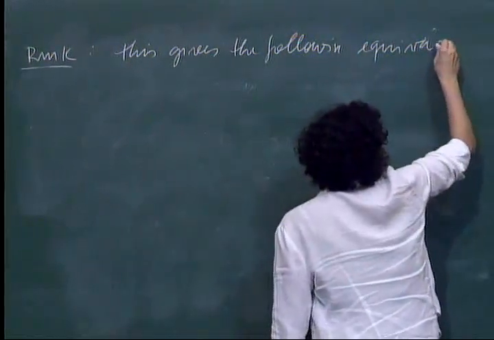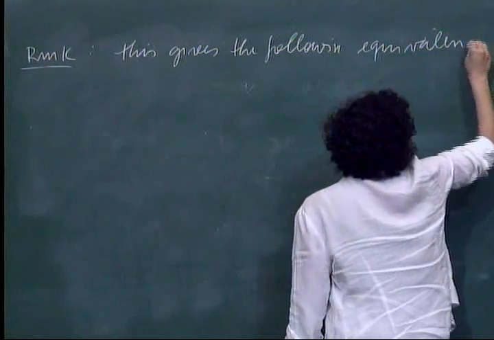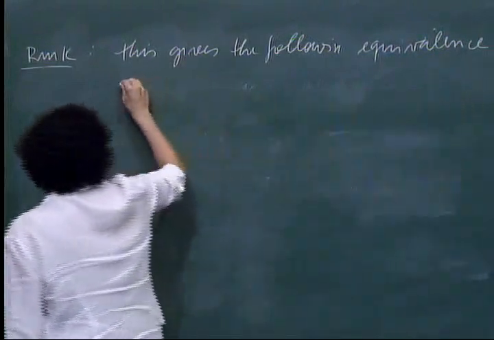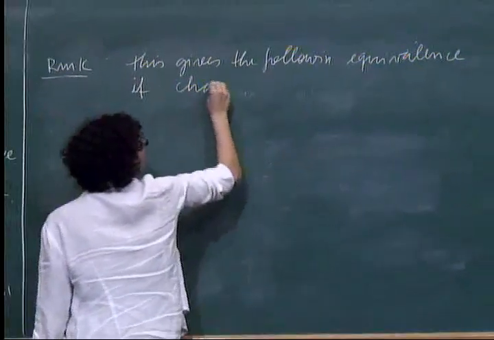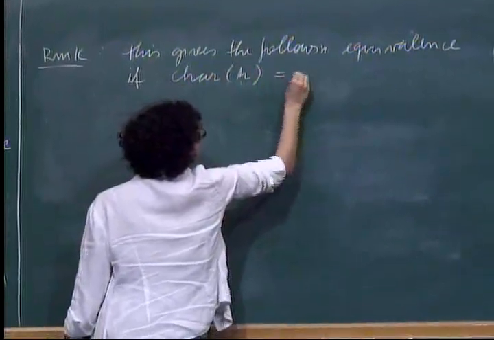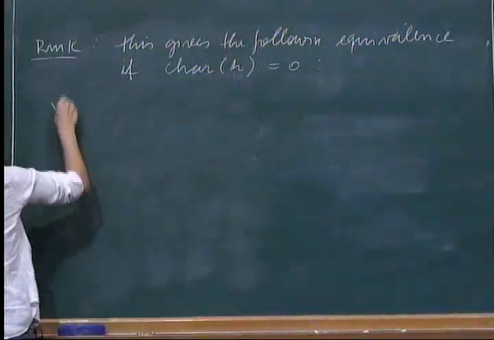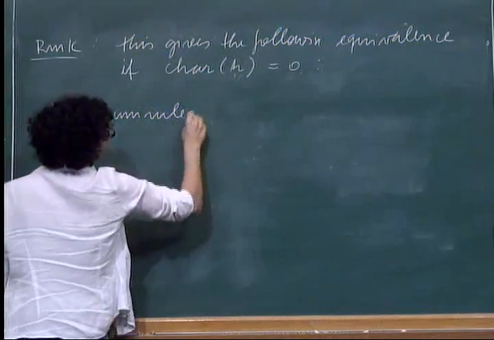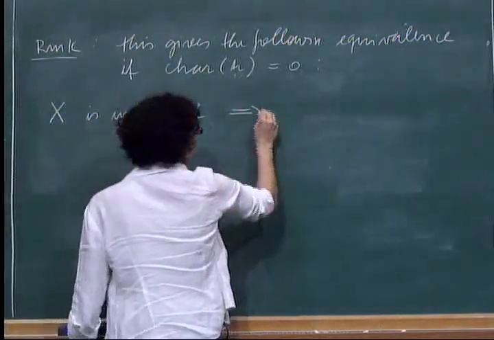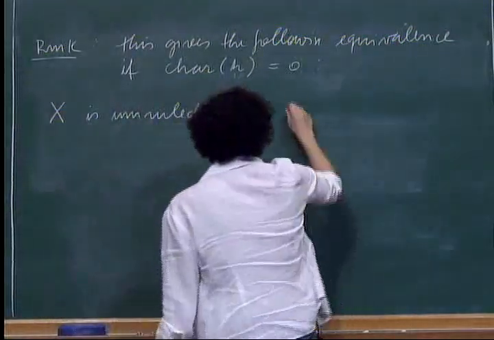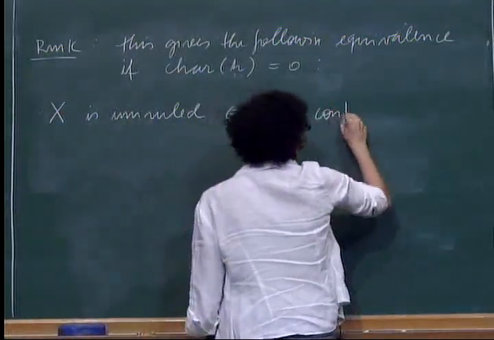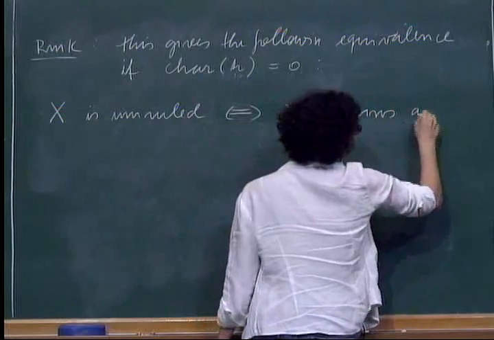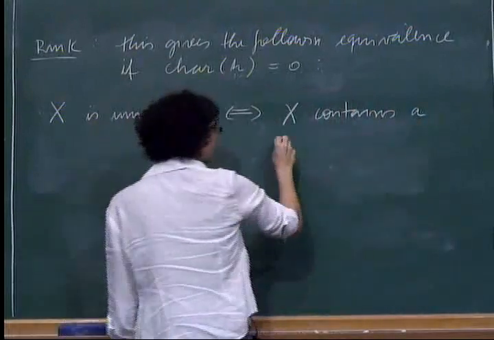This gives us the following equivalence. If the characteristic of the base field is 0, then X is uniruled if and only if X contains a free curve,